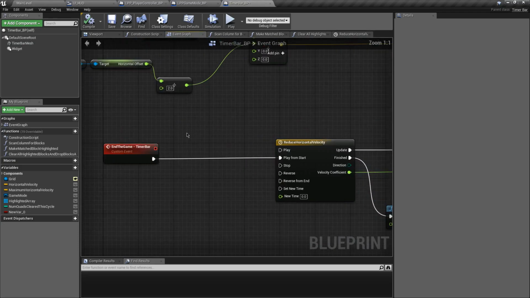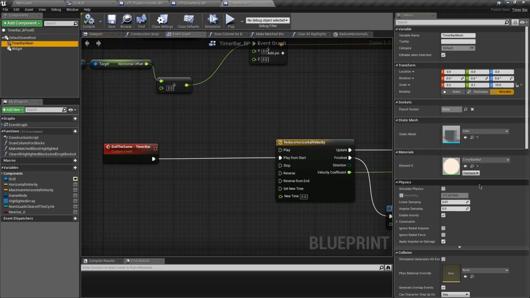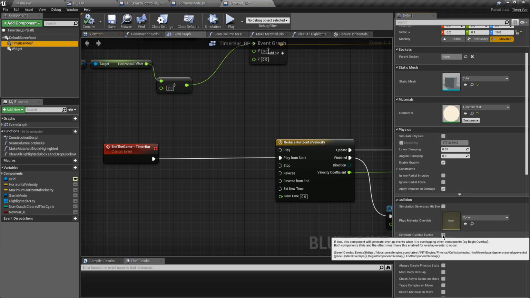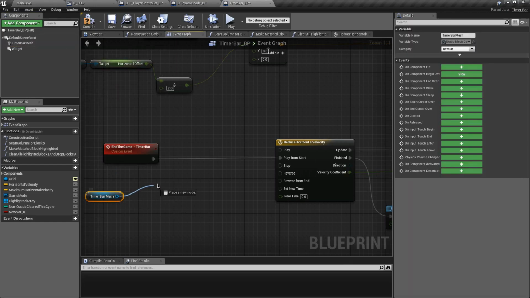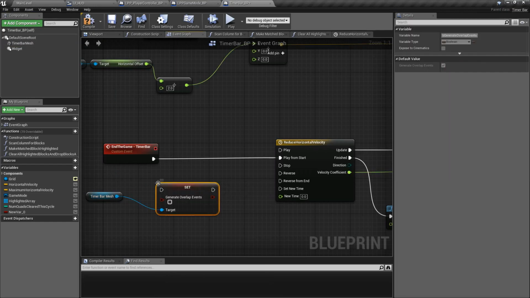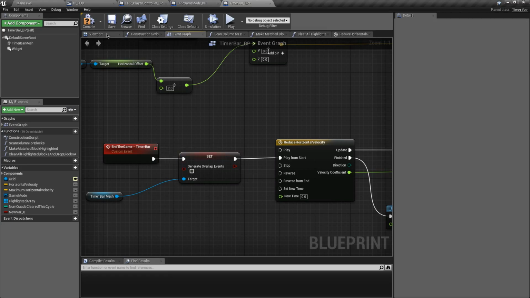I'm just going to set overlap events to false. So on the timer bar mesh here, I'm just going to turn generate overlap events to false,